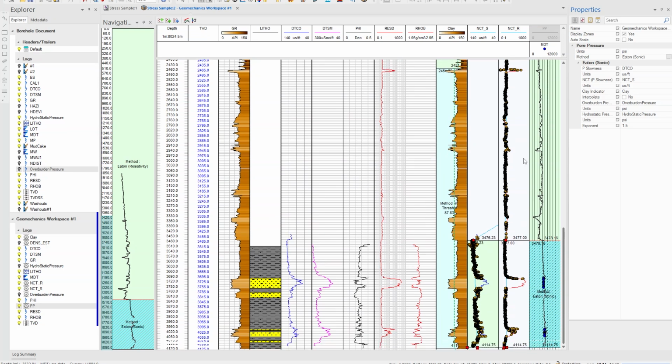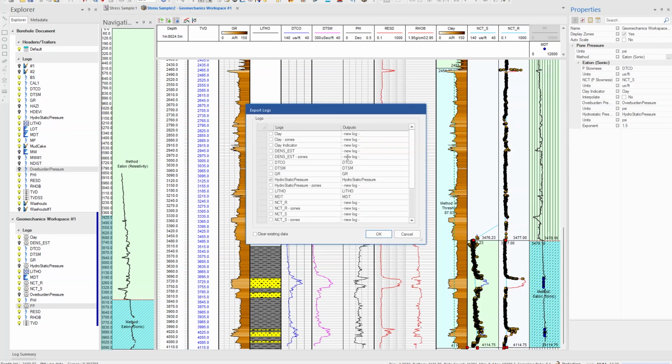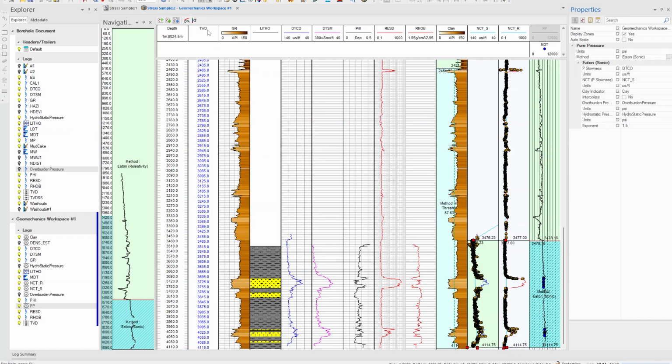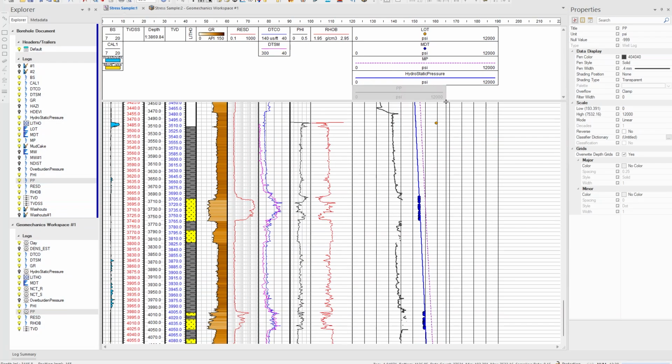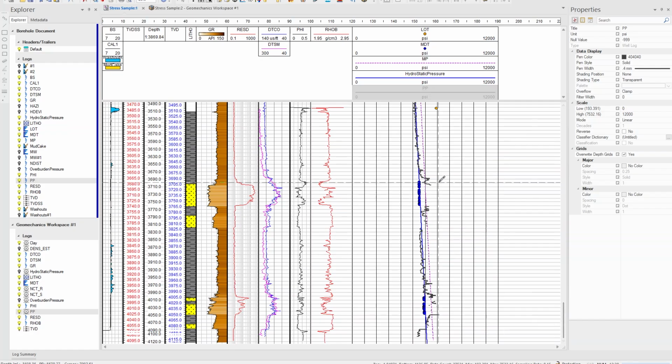We can do, of course, a better job with different zonations if we target them individually. Naturally, WellCAD allows us for that as we add these zonations. Once the user is satisfied with the output for the pore pressure, they can export it. Once we make sure it is selected, press OK and go to the borehole view. Now we can see the pore pressure that we calculated, which is put into context, and we can see how it looks like. There are some gaps that probably need to be corrected, which we can do later.